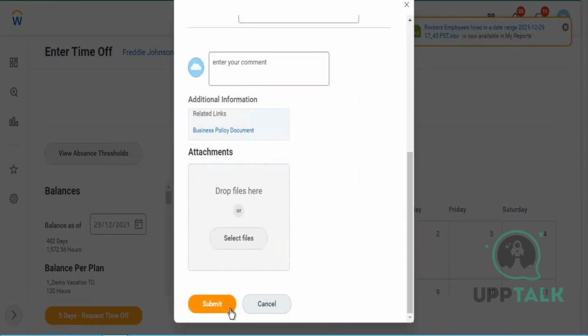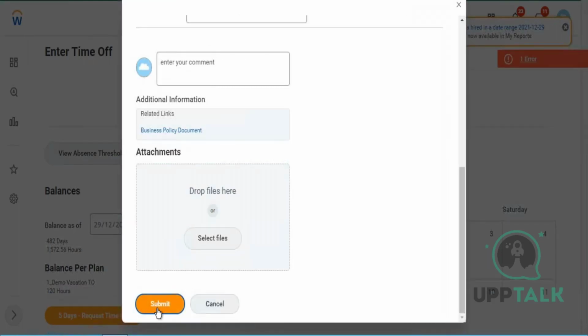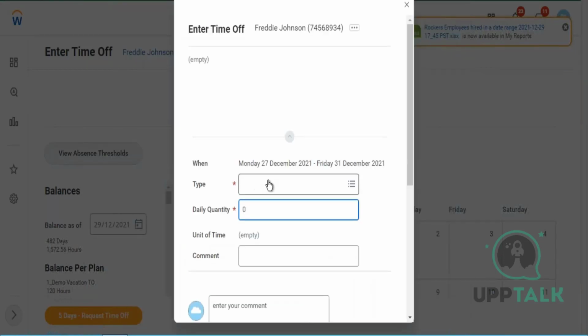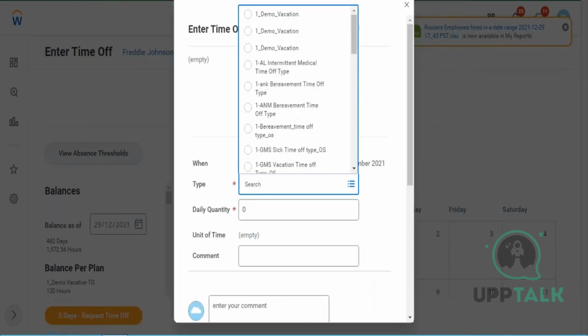Yeah. So if we click on OK, okay, unpaid time off is not allowed for annual leave. The annual request exceeds maximum amount of unpaid leave. Okay, there is some. So the reason why I'm showing is